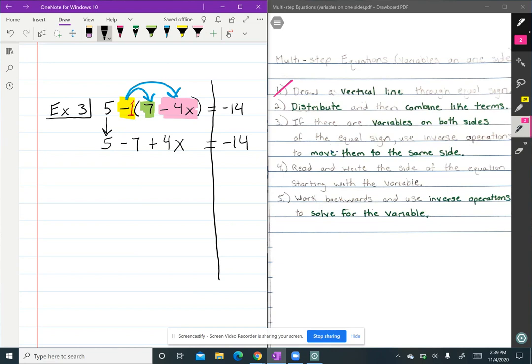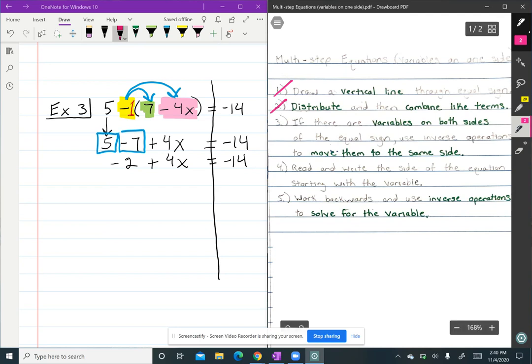Now we have to also look to see if we can combine like terms. Remember, like terms can either have the same variable or they both do not have a variable. So we're going to combine 5 and -7 on the left-hand side, which will give us -2. And then +4x equals -14 comes down. And then we check and there's no other like terms on either side of the equal sign, so we're done